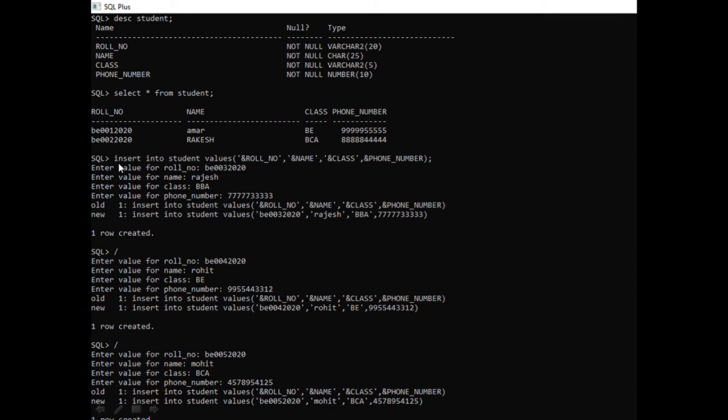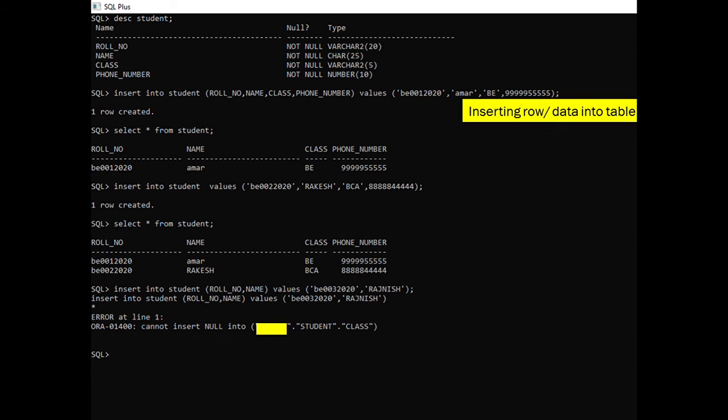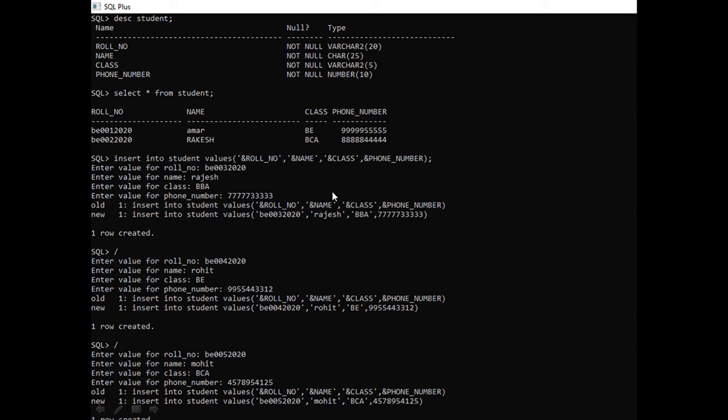Now this is another way of inserting values into a table. Suppose you want to insert 100 rows or more in a table. Will you type insert into student values this, insert into student values this, 100 times or more? No, no need for that.